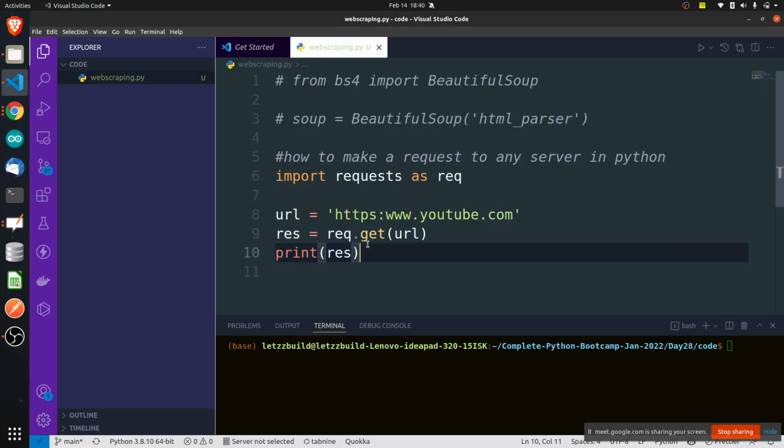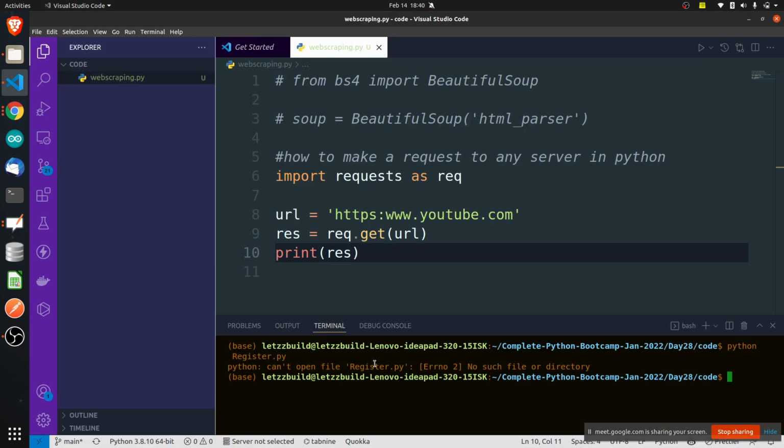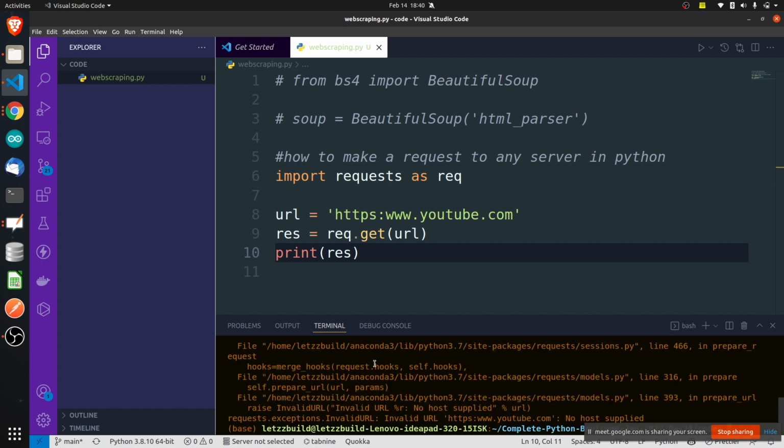Let's try it and see if it works. Python web scraping.py, enter. It will take some time, and it got some error: invalid host provided.